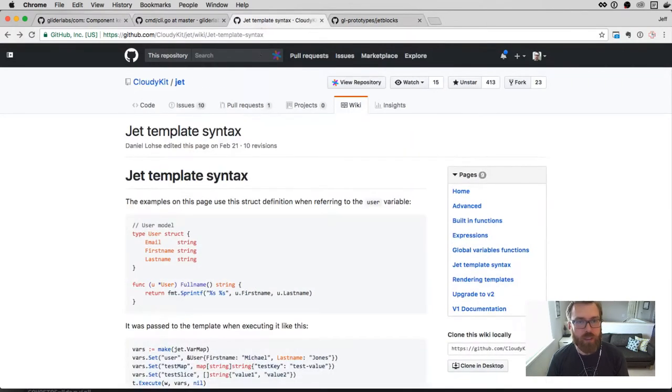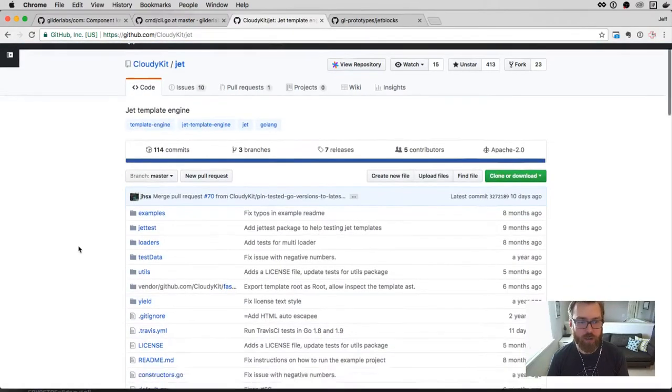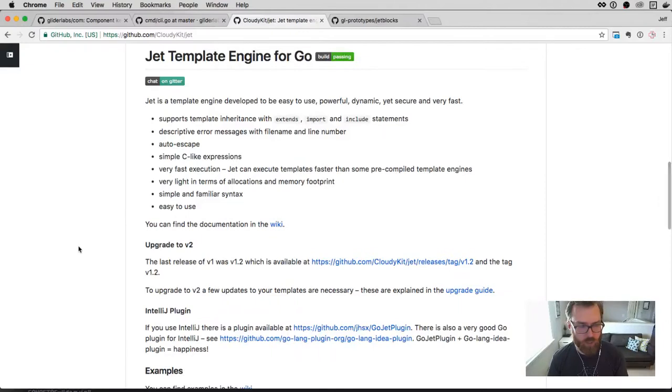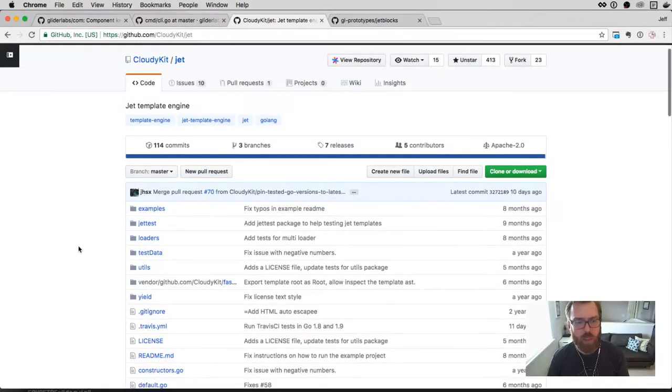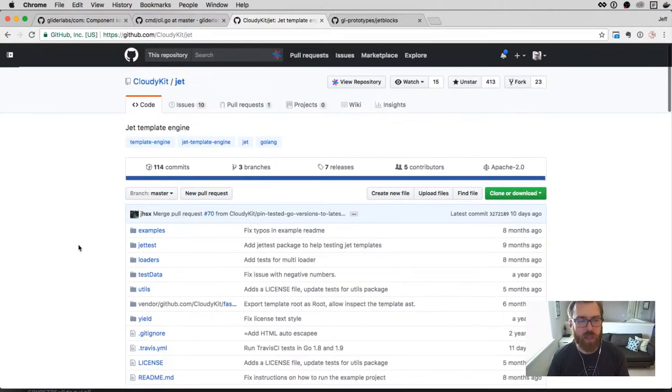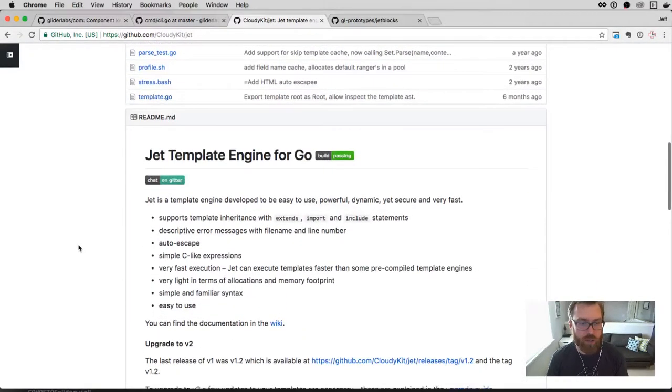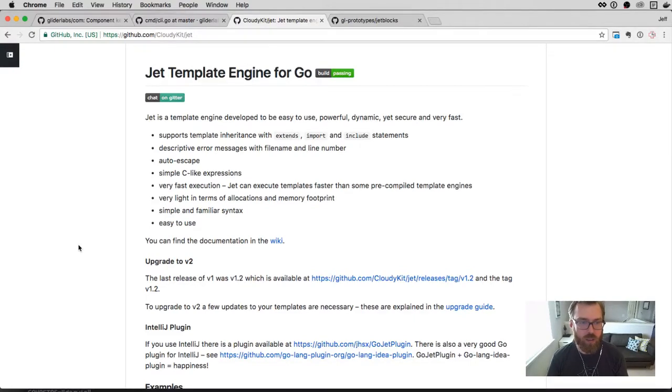So we're using this Jet template parser. There's not a lot of template processing libraries in Go. There's one kind of popular one that actually re-implements the Django templating language, which, you know, is okay. There are some kind of weird things about it. There's a lot of other weird things or simpler ones like mustache type template processors. The main thing I was looking for was kind of full-featured templates with logic and stuff like that, but also